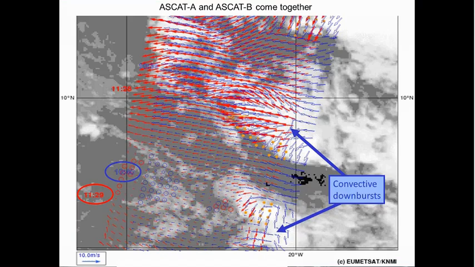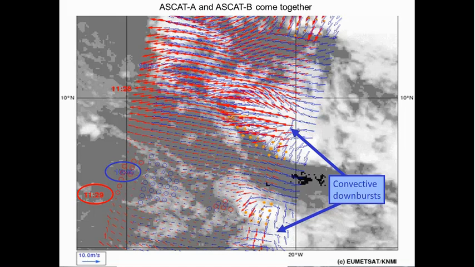What are the reasons for these unrepresentative data? Well, one reason is moist convection. So I mentioned ASCAT A and B that are flying at 9:30 in the morning, almost in the same orbit. When we first got this data, we looked of course at the data when they were overlapping, and here you see in blue data that was measured at 10:40, and in red, data measured at 11:30. So there's a 50-minute difference between the two measurements.